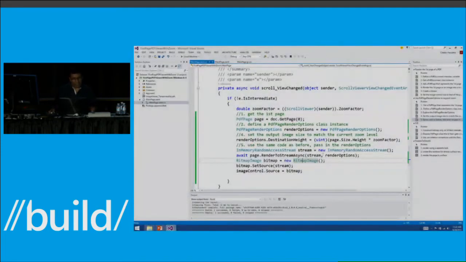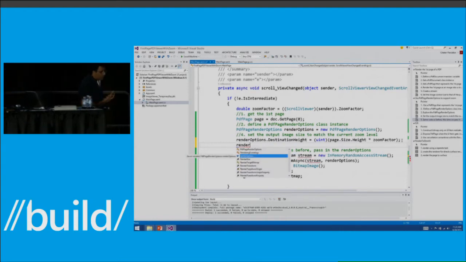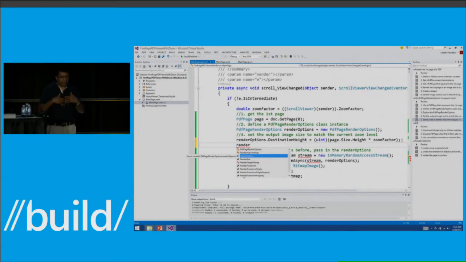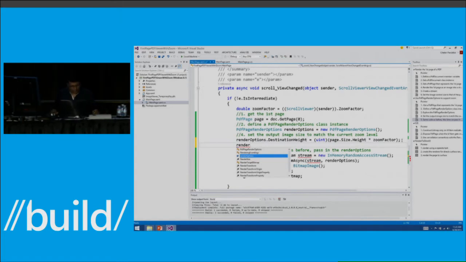So the best you have is, remember our render options. We're setting the destination height here. Another option you have, and this needs you to work with it, is that you'll have to build those experiences in the application to prompt the user to use the high contrast settings or what have you. That is the way this is going to work. So I'll just show you how the high contrast setting works.